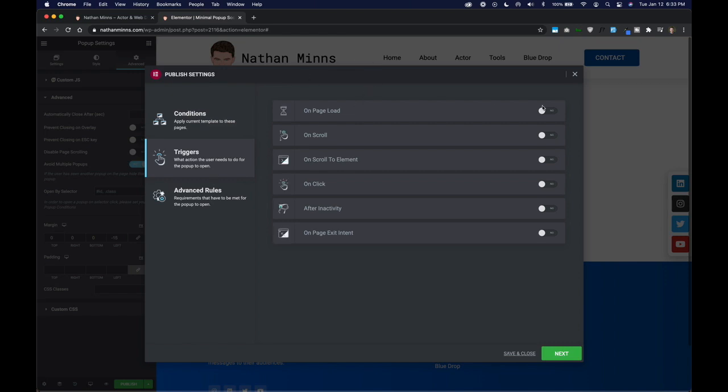So this will make it so it'll appear right when the page loads. I don't want that. I want it to be on exit intent. So we'll unclick that. We can have it on scroll, so once users start scrolling 50% of the page, then